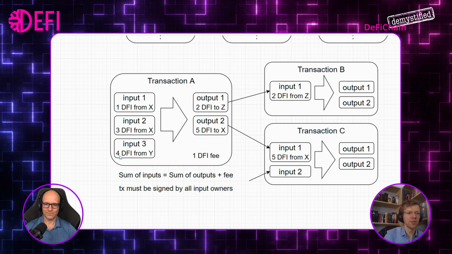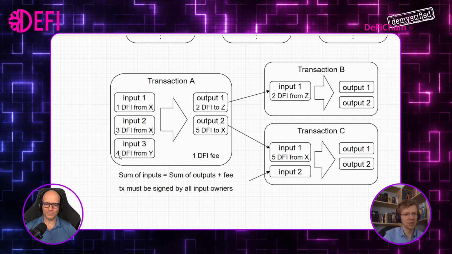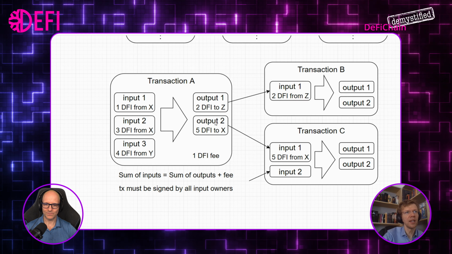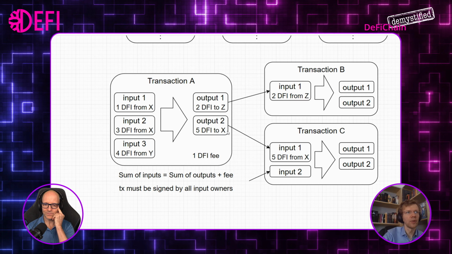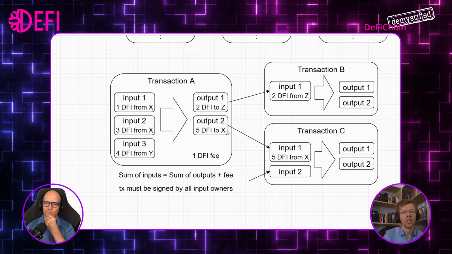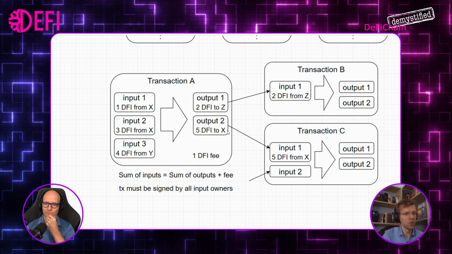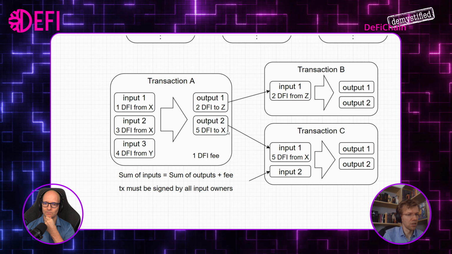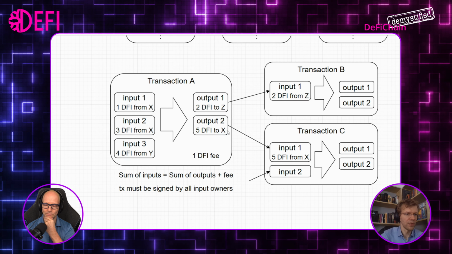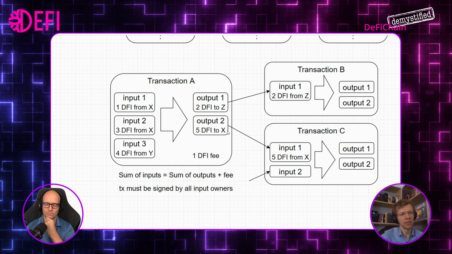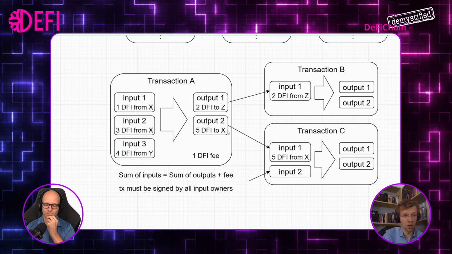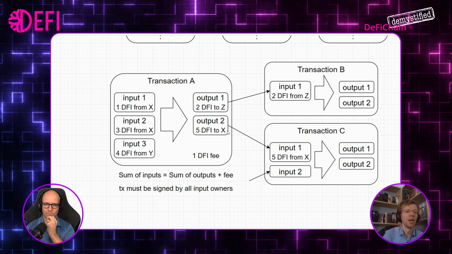That's also with this change address. When you say you create a new change address, that's where this comes from. Because when you say, okay, you spend 2 DFI and the change goes back, it could go back to X. Then it's back to the same address. But it could also go to a new address in your wallet that you own, but no one knows that it's yours. It's a so-called change address where the change is sent to. And then you can use that change, the new address, because it's in your wallet. Your wallet might have a lot of different change addresses, and you use that.